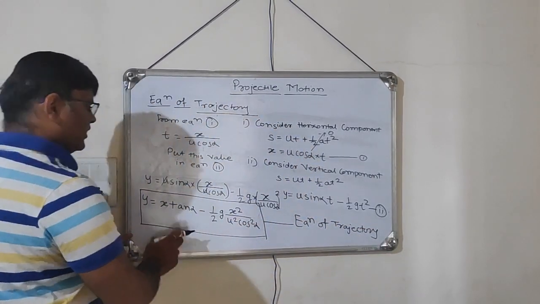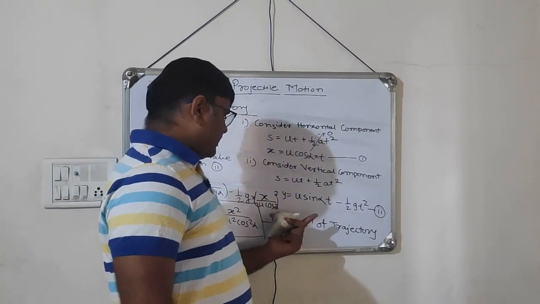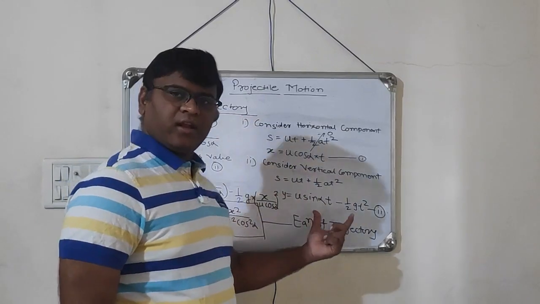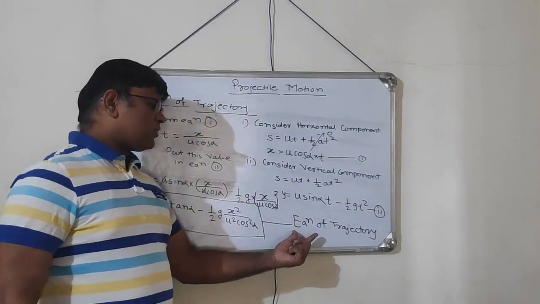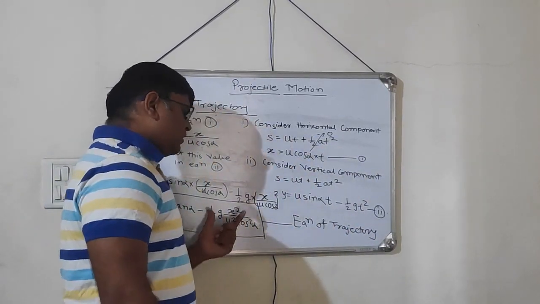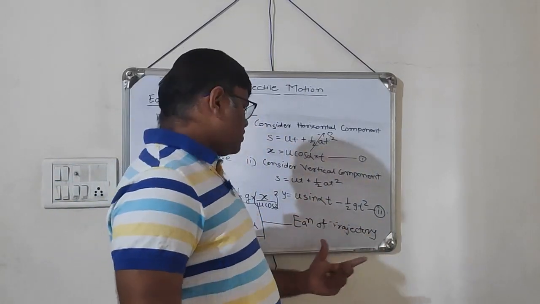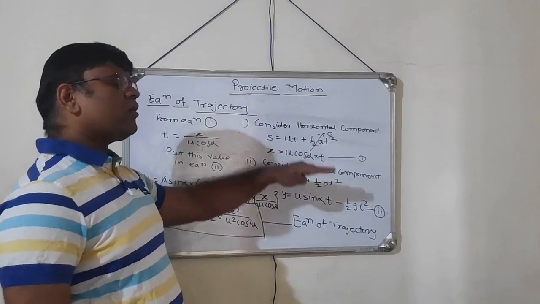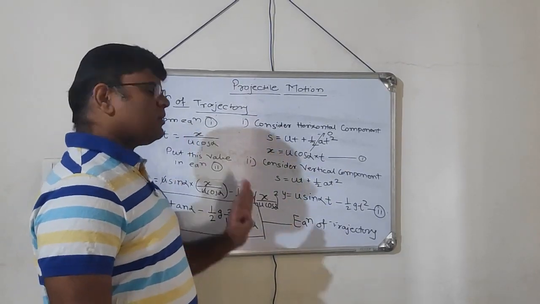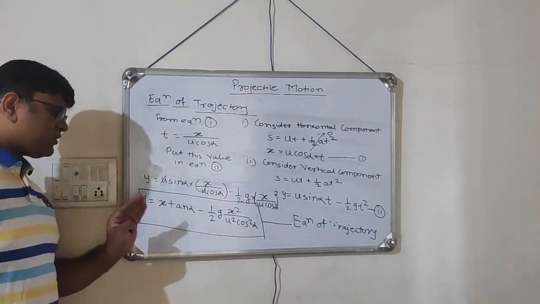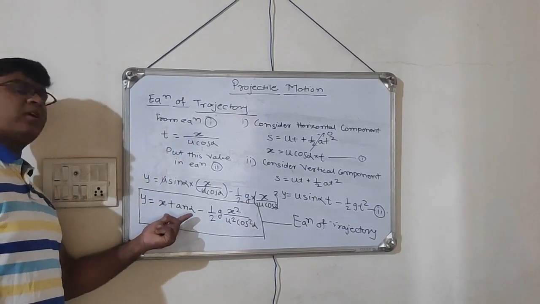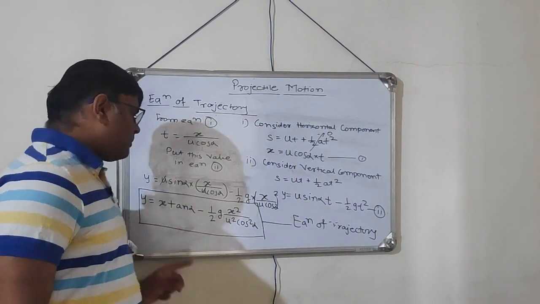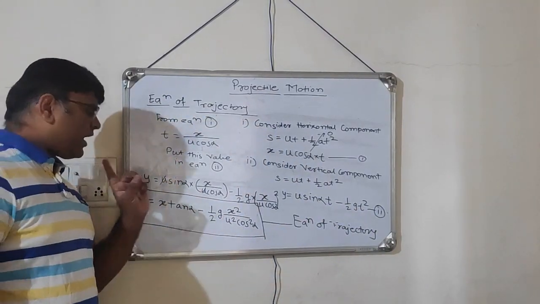Now why have I taken this particular derivation? Because you should know how this equation of trajectory comes. There is very little chance that anyone will ask you how the equation of trajectory has to be derived, so don't worry about the derivation. Just for your understanding of how it comes, I have taken all this in a simplified manner. But you should always remember this particular equation. Though you may not be able to remember all the process, the final equation of the trajectory has to be memorized.